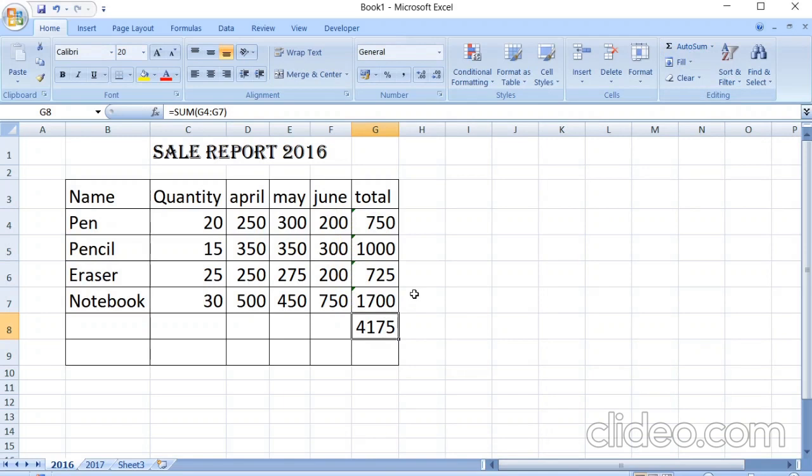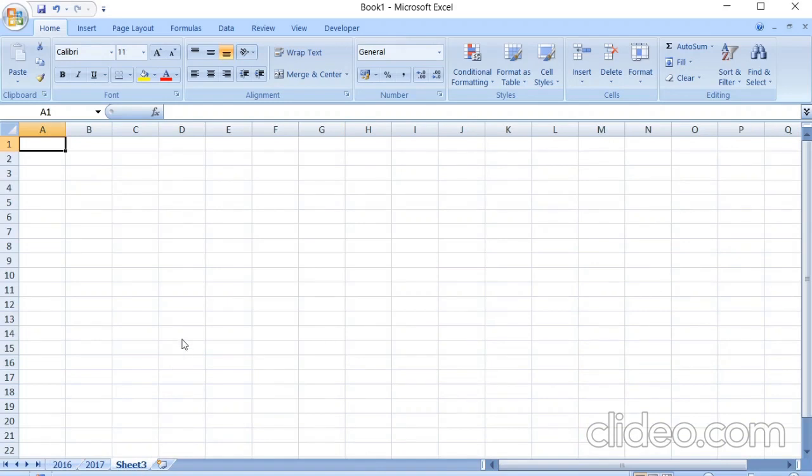Now what I need to do, I need to create a consolidated sheet on sheet 3 where I am right clicking. I am renaming and I am writing here Consolidate. Mean I am doing a consolidate, or you can say calculate data across worksheets, or you can say how to consolidate two sheets on a next one. You can see it is my blank sheet.